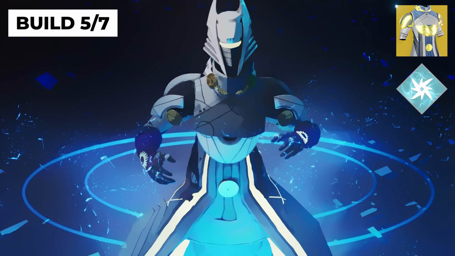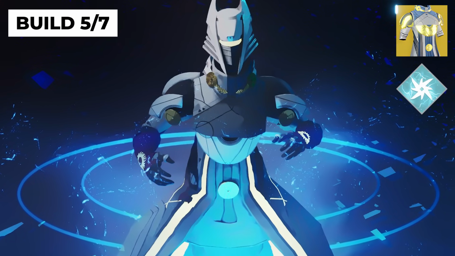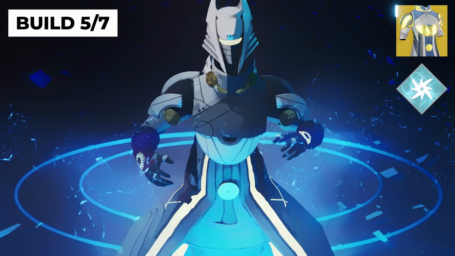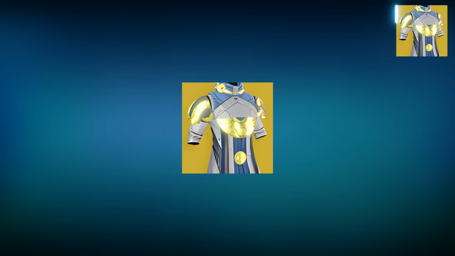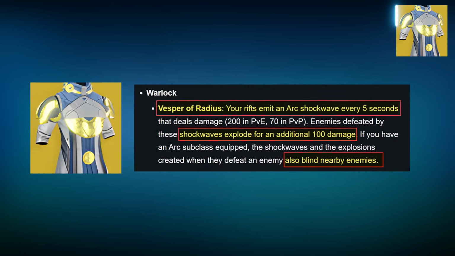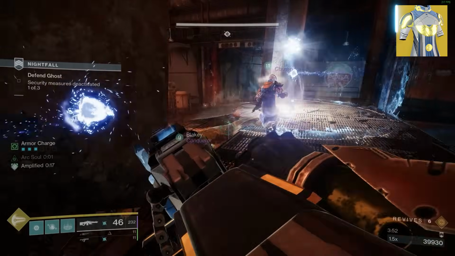Now that was a lot of info because arc is super intricate, but let's just say you wanted to use this as like an anchor, like a tank, let's say. Well, that brings us to build number 5, which is running the Vesper of Radius exotic. Even though it's older, a bunch of exotics got reworked in Season 21, and this one may have gotten the craziest of them all. There's a lot to unpack there, but the main buff is that now your Rift can